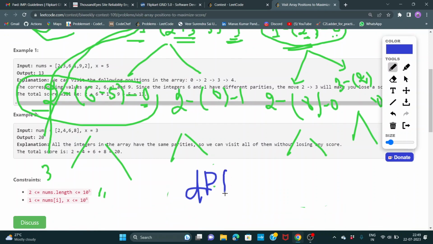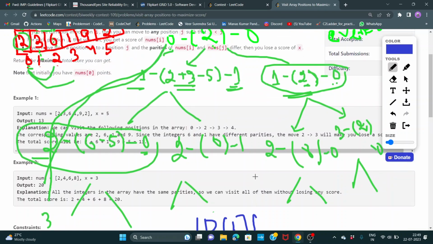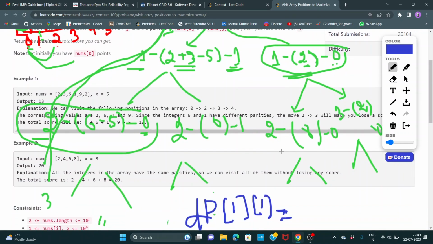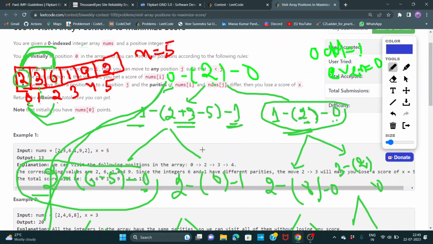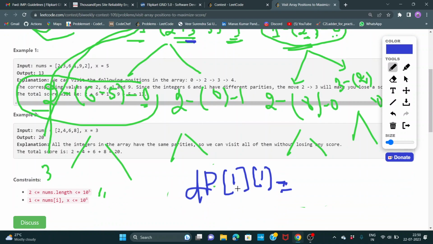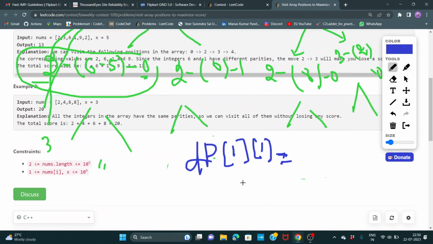dp of 1, this one, dp of this 1 and 1 will store what is the maximum value. Like dp of 1 and 1 will not store this value, this 2 3, but this is the way of writing the recursive solution. But this dp will store the maximum value,